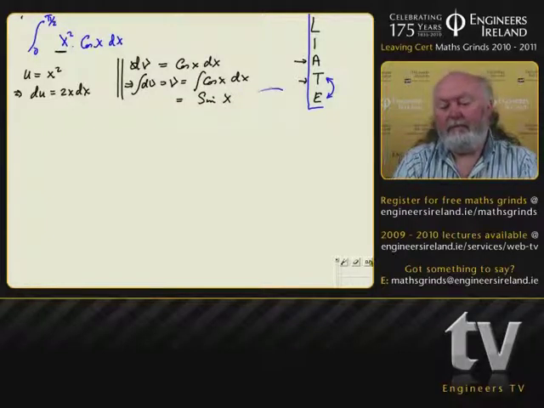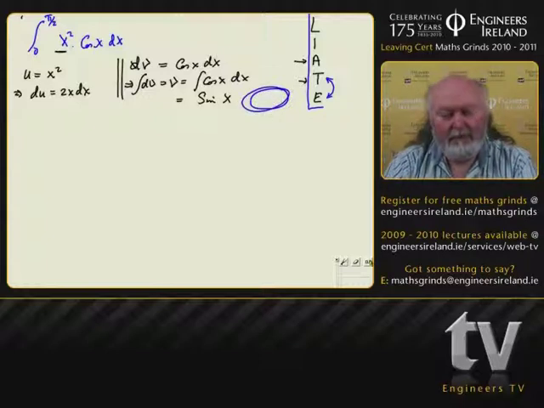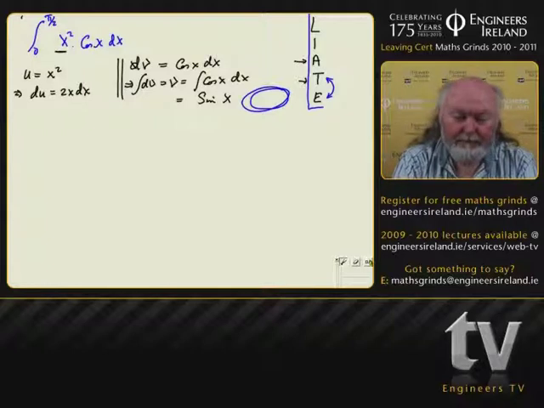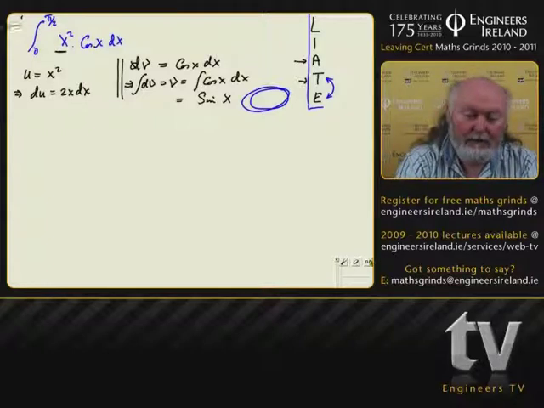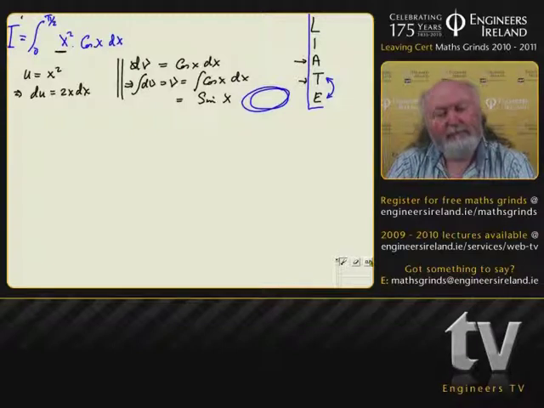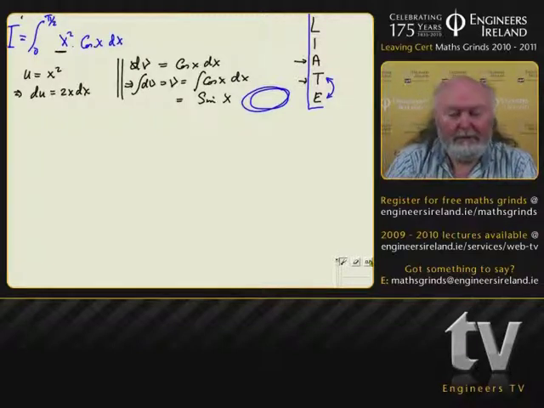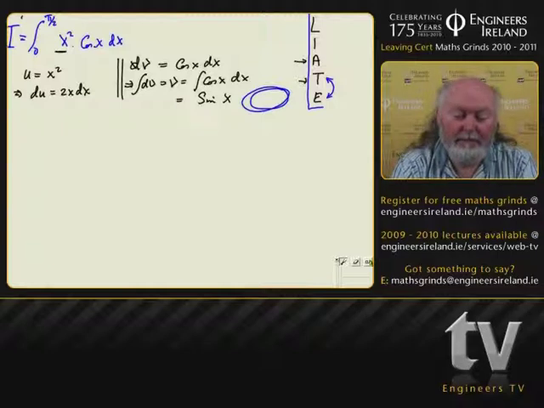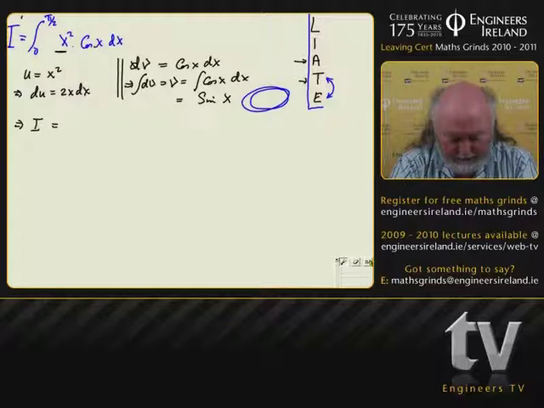Remember, no constant of integration here. And we could have named this thing here I. Now we've got what we require. We can say that implies I can be replaced by uv minus the integral of